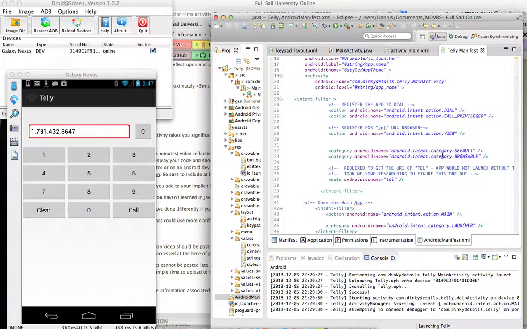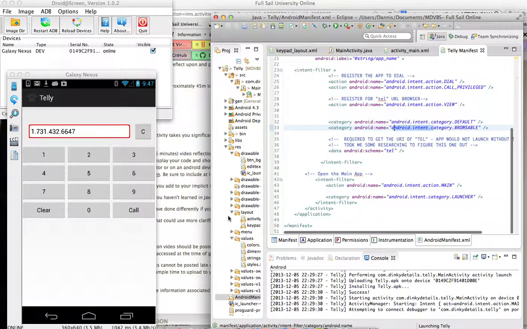And then I did a little research on the internet and found that these last three lines of code, I don't know why or how, but somehow by adding those, made it work. Actually, it was the call privileged. I don't think I had that in there before. And then I think it's just these two. I can't remember. I kept going back and forth. But anyway, after I did some research, I did find out how to get that to load from the launcher. So that took me a little bit.